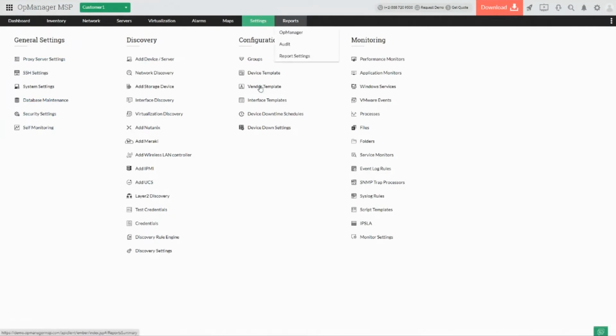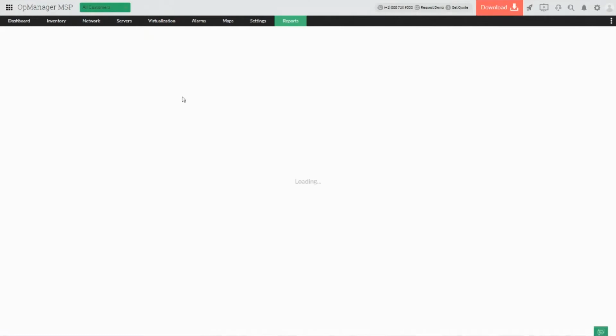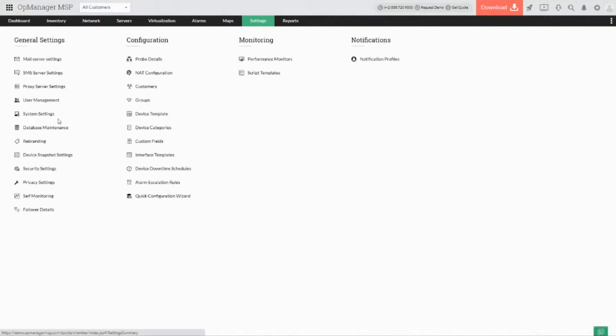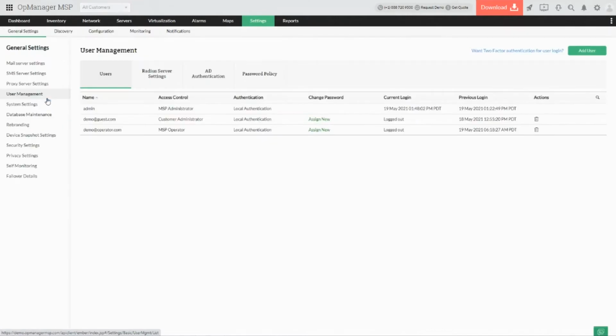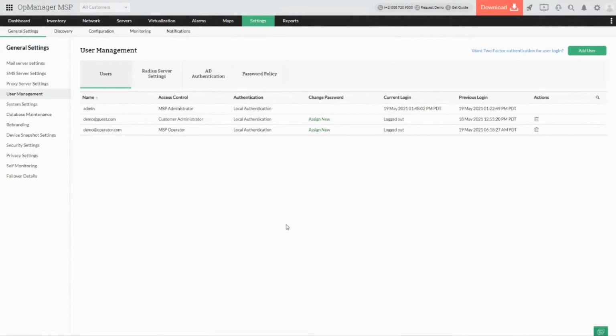Over here, when we talk about all customers, and this comes especially with the OpManager Central itself, under the settings, you will have the option called user management under general settings. So here all you have to do is add your users accordingly, let it be an AD or a local user, and once you have added them, the respective users can access the respective client sites or the probes or the respective modules in specific customer sites.